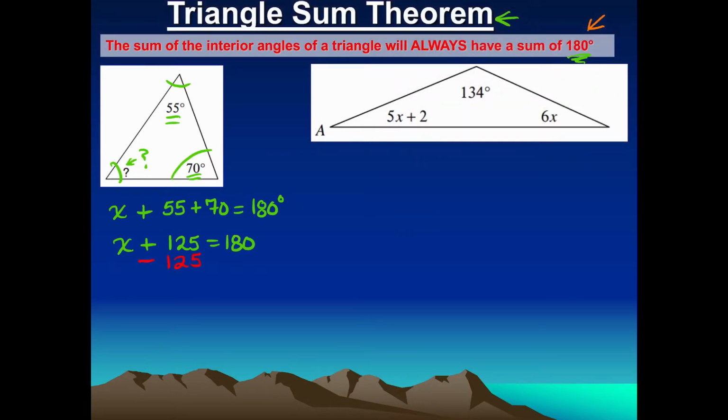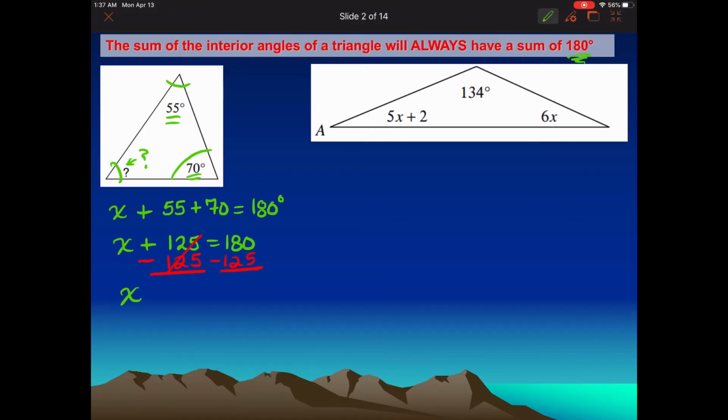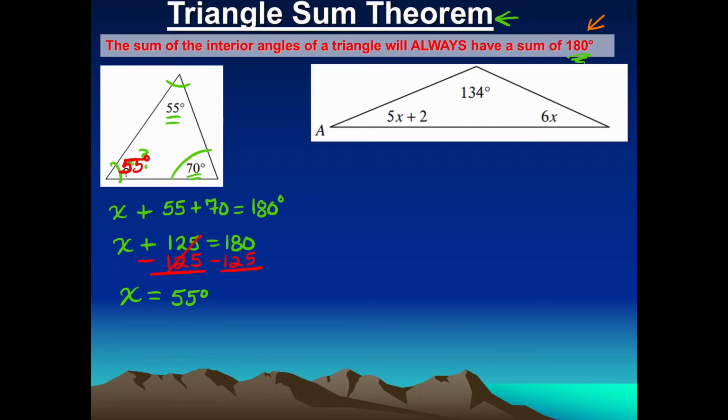I'm going to take 125 from both sides. Those cancel out. And then we get an answer of x equals 55 degrees. So that angle right there is 55 degrees. And I think the thing that you have to keep in mind is that some people